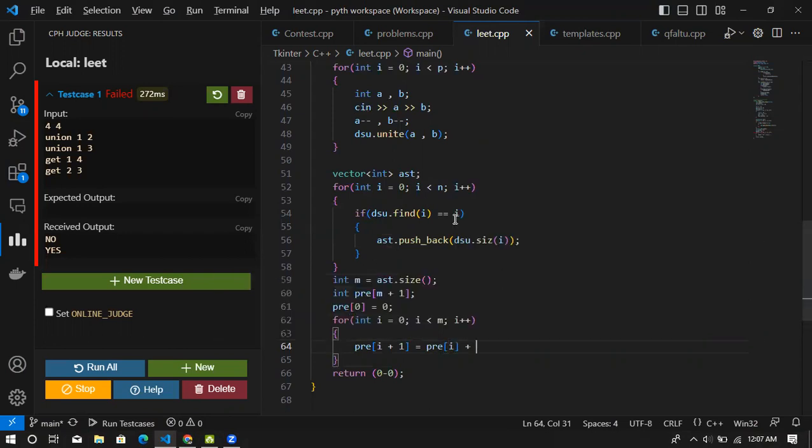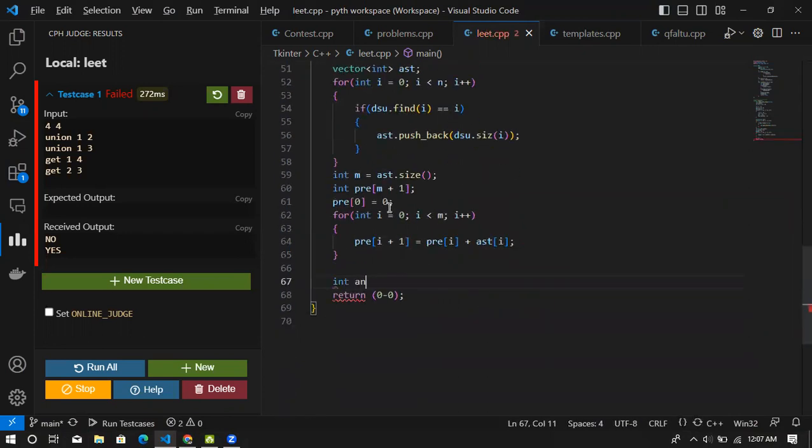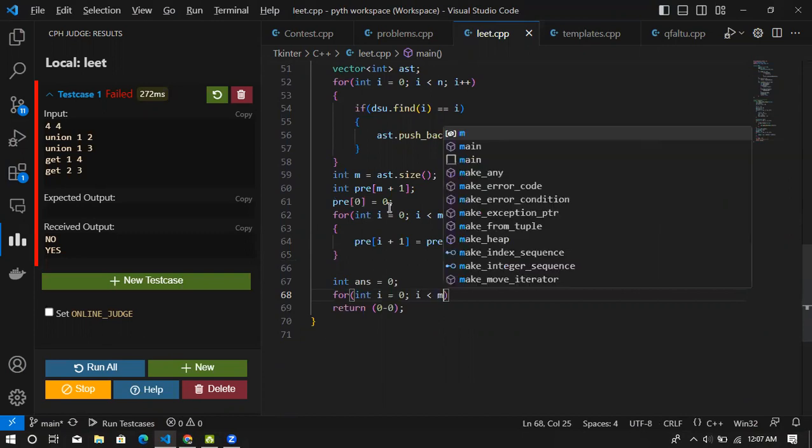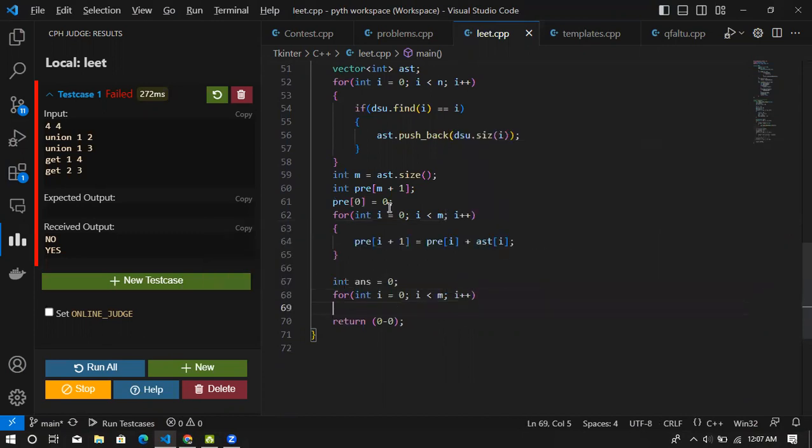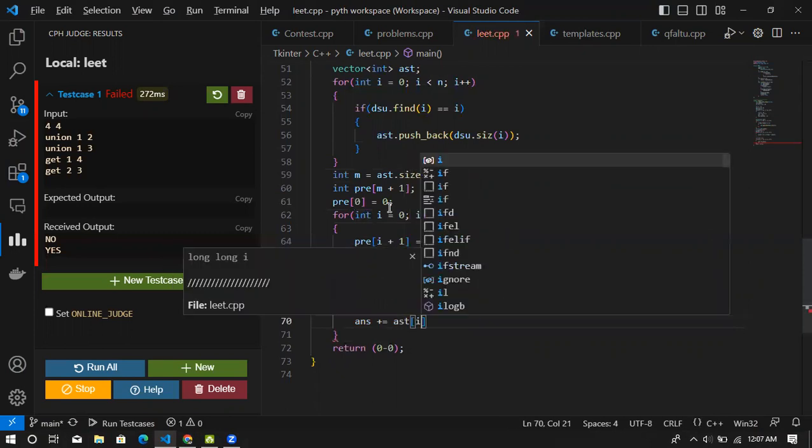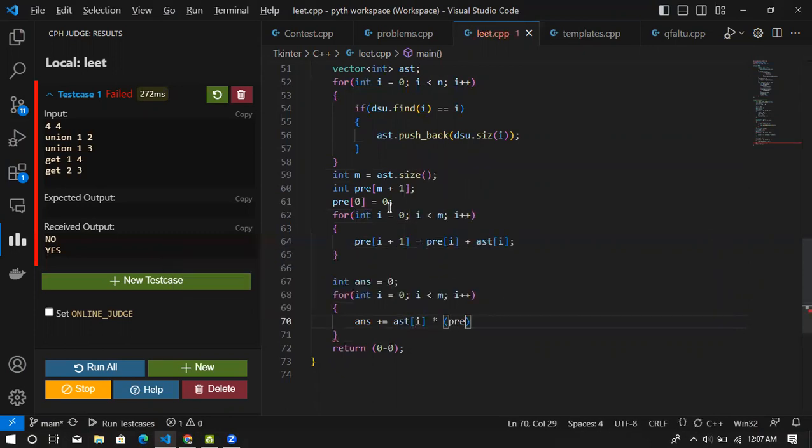Let's say our answer is 0. So for the component at position i, we need a sum from i plus 1 to the last index. So our answer would add up